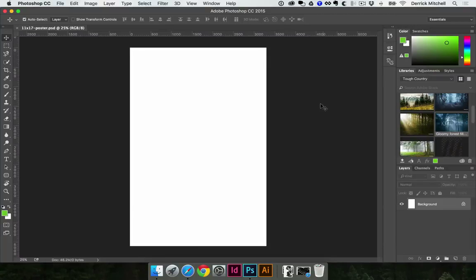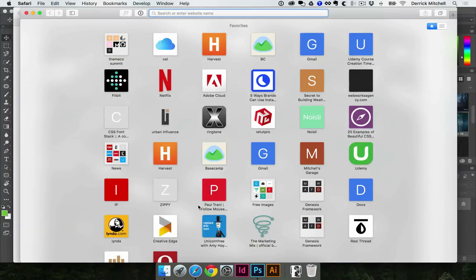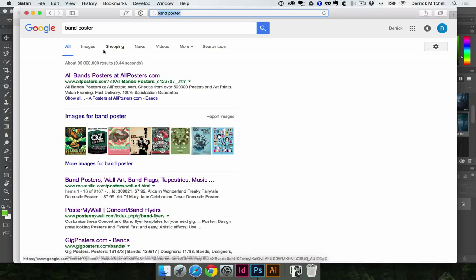In this lesson, what we're going to do is pull in some of the photography we want to use and start building our general layout. So first things first, what I typically do is I'll open up Safari or Chrome or whatever happens to be the browser of choice for that week, and I'll usually do a Google search. So in this case, we're just going to look for a band poster,